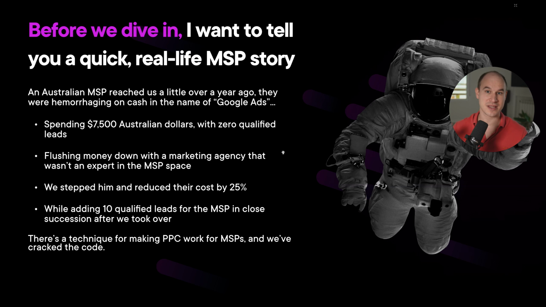So they contacted us, and we stepped in, and we did everything that was necessary in order to make this system work. The result was going from spending $7,500 a month in Australian dollars and getting nothing, to us stepping in. We reduced their advertising budget to 5K, so they went from 7.5 to 5, and then added our fee on top, but it still left them in a profit, so it was cheaper than before. But now they were getting leads, and they got the first sale in like a month, right? So this is a good time for them.